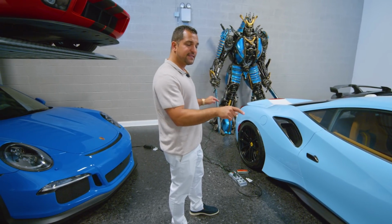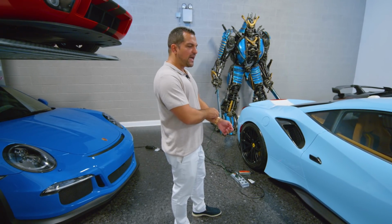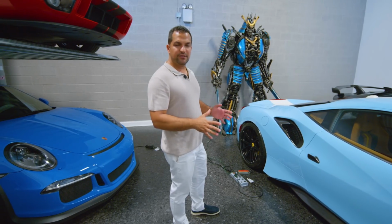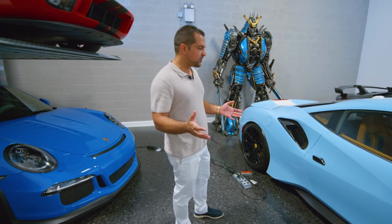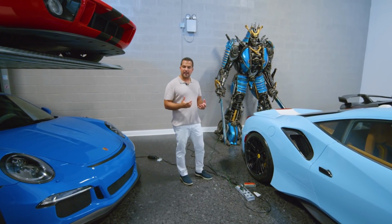Now, I previously had wheels on this car that I decided to take off for one reason. People said, well, I like the black better, you like the gold better. I said, the beauty with having cars is like having women, they all have more than one pair of shoes, right? The beauty of it though is that one of the things that annoyed me a lot about